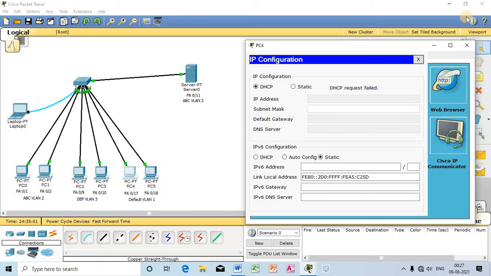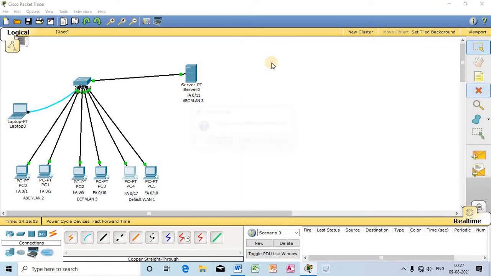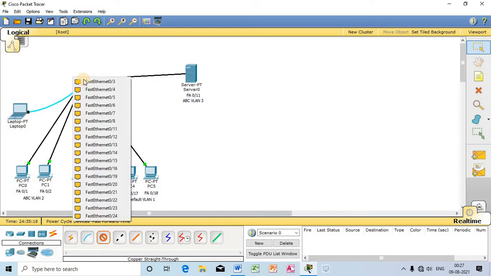So again, what I need to do is remove the wire. I will remove the wire and again take a straight cable. I will connect this server's one end port with the LAN, and the other end to the switch.